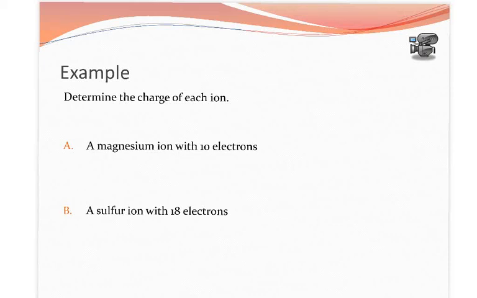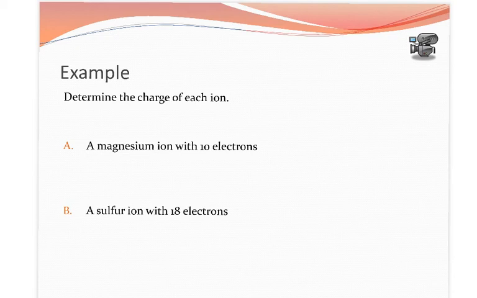We've seen how we can gain or lose electrons. We cannot gain or lose protons because that will change the identity of our element, but we can gain or lose electrons to give us ions. And if we gain an electron, we are gaining a negative charge, so our atom becomes more negatively charged, or it becomes known as an anion. If we lose an electron, we lose a negative charge, so our atom becomes more positive, and it becomes a